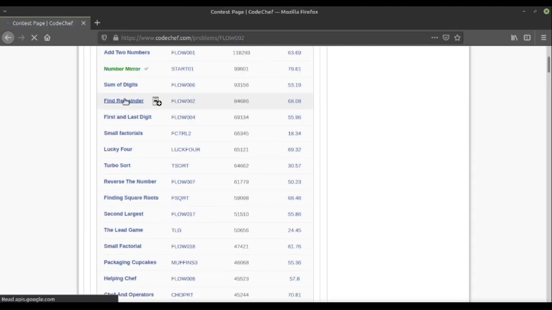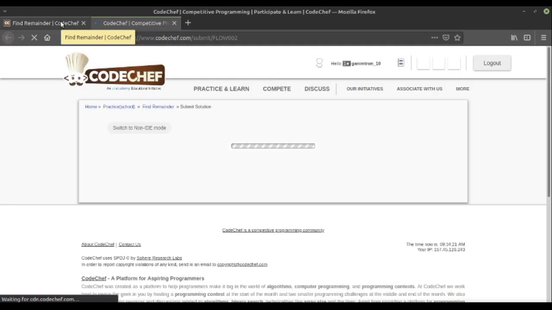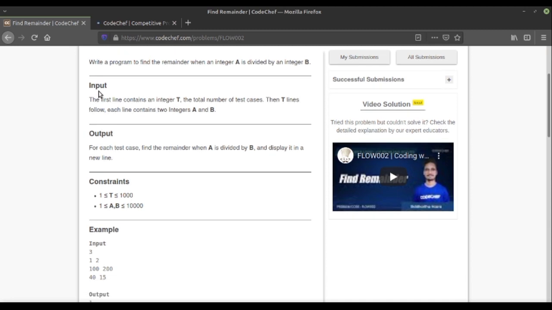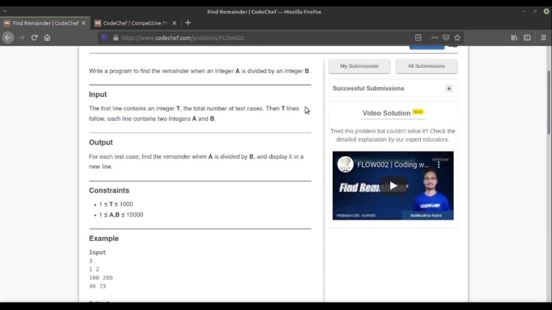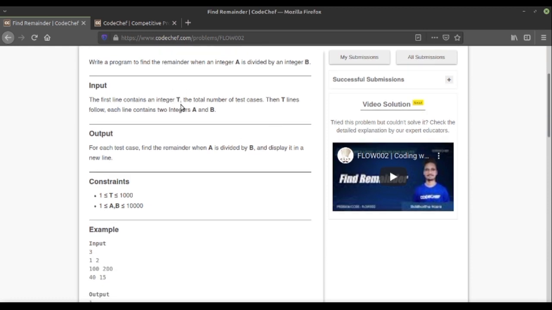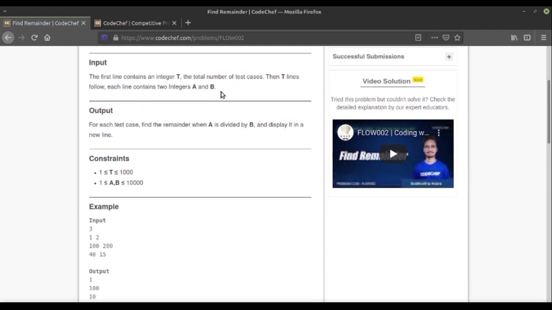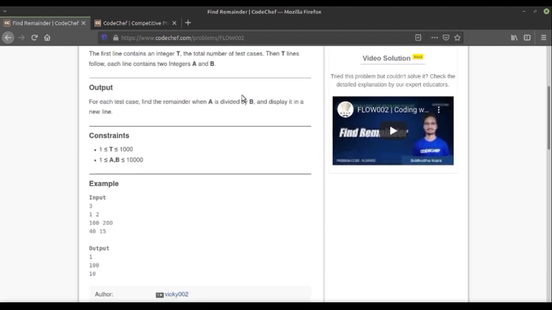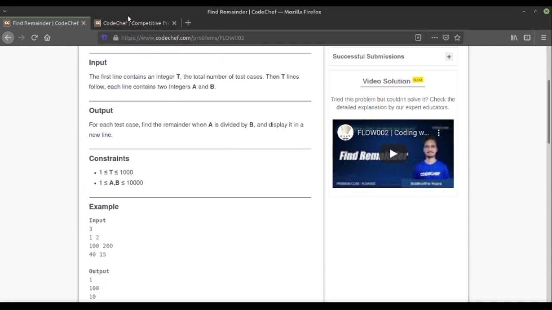So find remainder. Let's go to submit, and the question states: write a program to find the remainder when an integer a is divided by b. So we will get in the input an integer t, which will be the number of test cases, and then a and b. We have to print the remainder, so we have to print the value of a mod b.